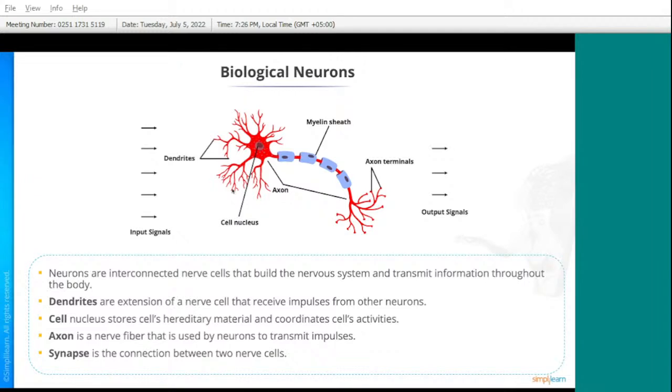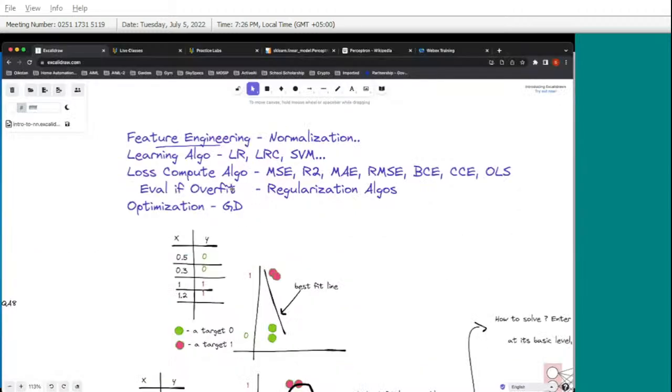So the input signal generally comes from the left. It's easier for us to demonstrate it like this, but generally there's one side where the input is coming in, and the dendrites accept that input. This is actually a physical biological neuron. This is exactly what it looks like. And because of that problem that we've seen,